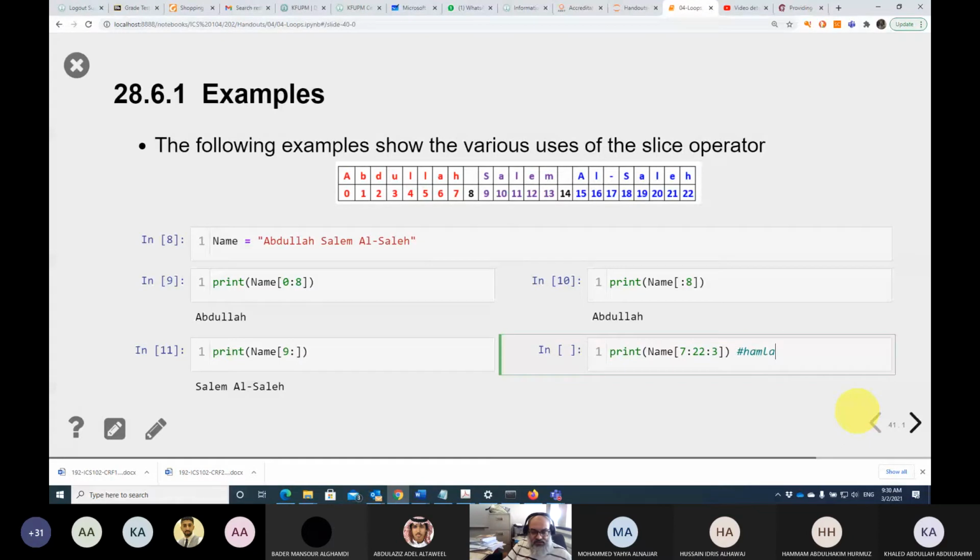Let's see, is Faisal correct or no? Yes, it is correct. So what does this do? Well, as you might have guessed, just like the range operator,